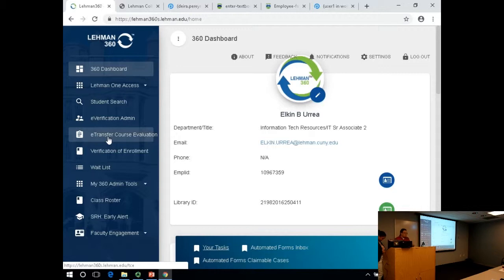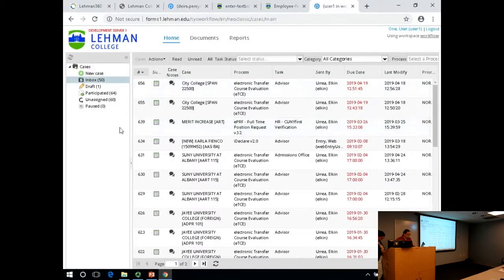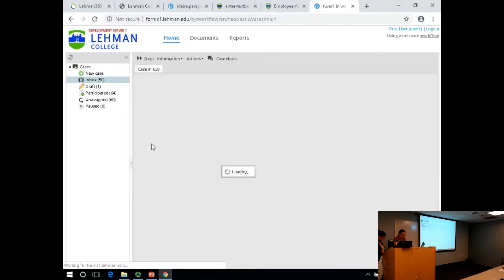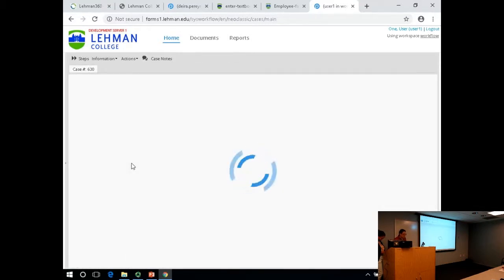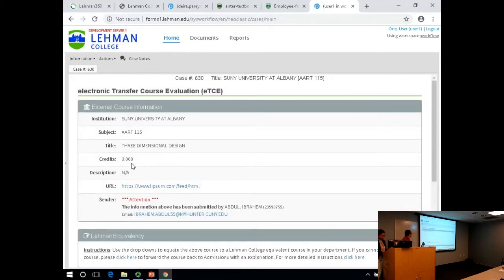Those advisors will receive an email, and when they go to CUNY-FIRST, to Process Maker, they will open their inbox, they will see the case right there, and this is the view that they will see. Let me see, this is the advisor view. As you can see, on the top, it will say the institution, the subject, the title, and in this case